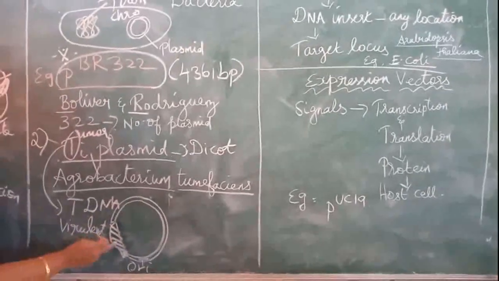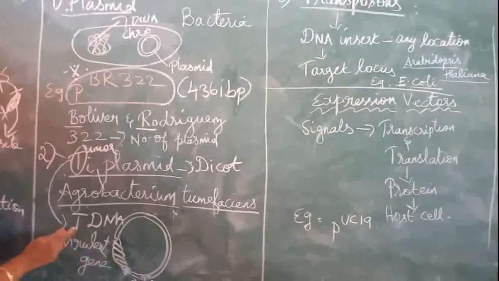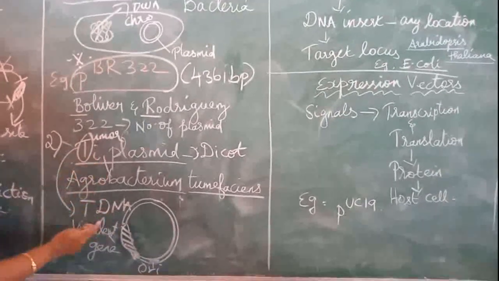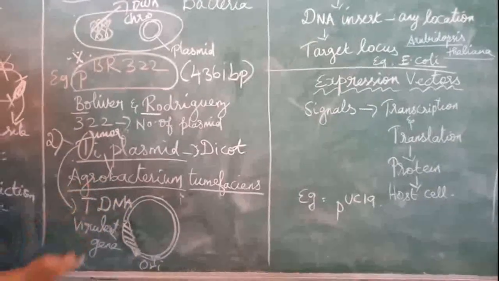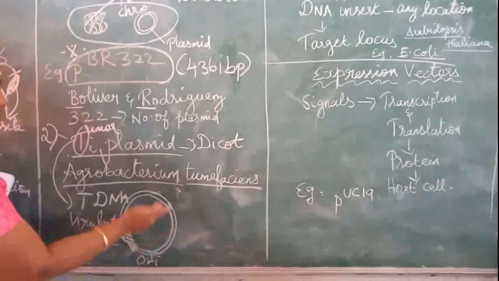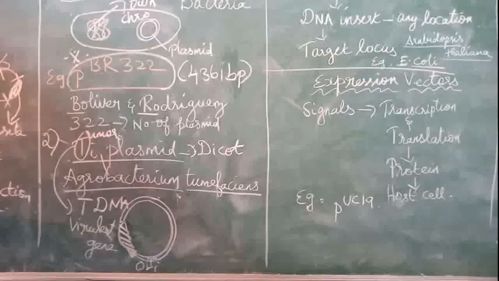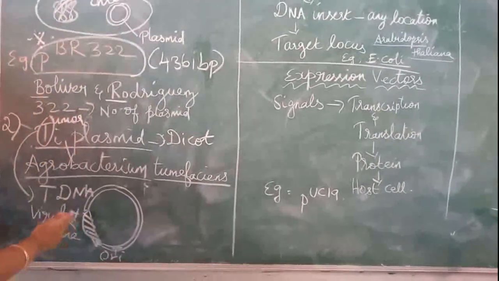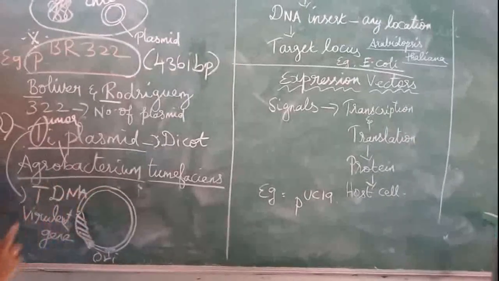In addition, our gene is also added here, so it is called tDNA, that is, transfer DNA. The tumor DNA is now replaced by the transfer DNA. It has the origin, a selectable marker and different types of recognition sites. Most scientists, next to the plasmid, use Agrobacterium tumefaciens in the genetic engineering process.